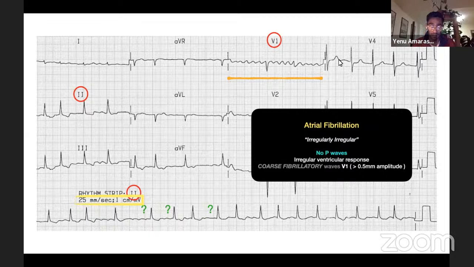Yeah, and finally, just a bit of information on atrial fibrillation. The most common causes of atrial fibrillation, for you guys to maybe think about, are ischemic heart disease, hypertension, some valvular disorders, electrolyte imbalances, and also thyrotoxicosis. So these are some things you should keep in your head as a differential diagnosis if you see an ECG like this and you want to find the root cause of it. But yeah,